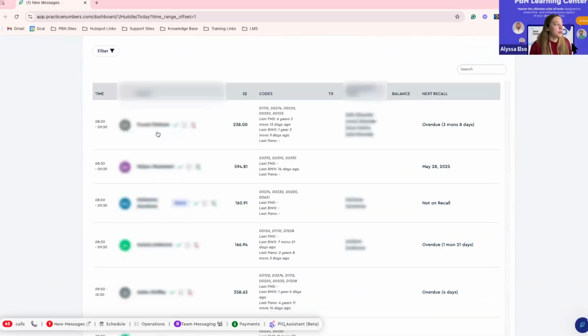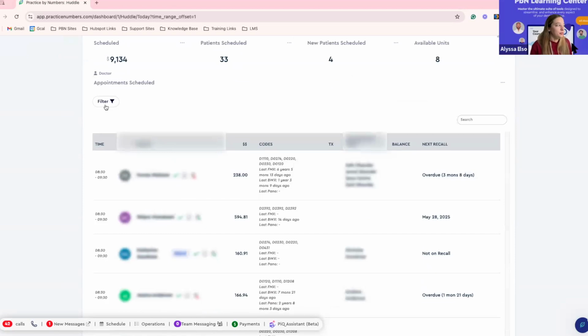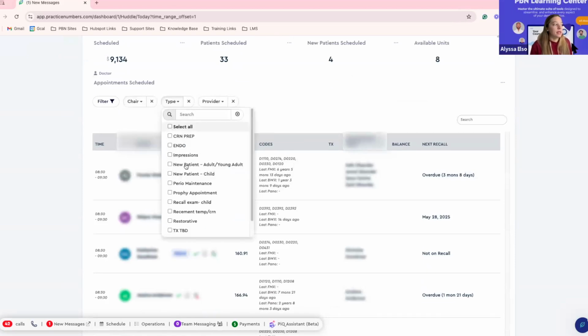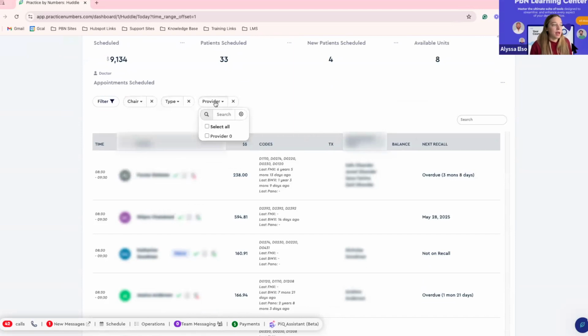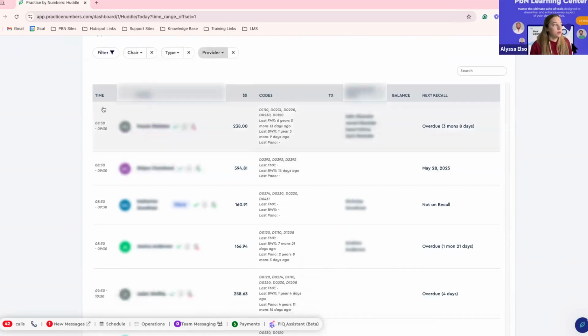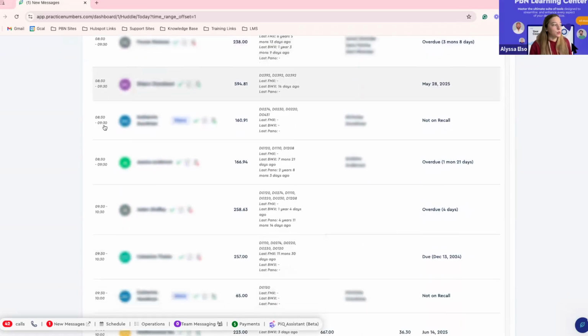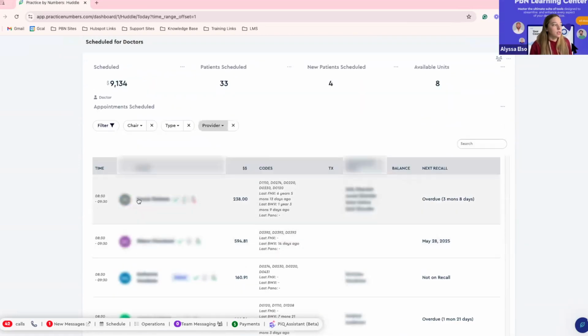Okay. So the next thing that we have here, you can filter this by chairs. You can filter this by types of appointments and then by provider as well. It'll give you in order the patients scheduled from the beginning of the day to the end of the day. It'll give you the patient's name. And then there are some icons as well that'll tell you if this is a new patient, as you can see here, and then if the appointment has been confirmed,